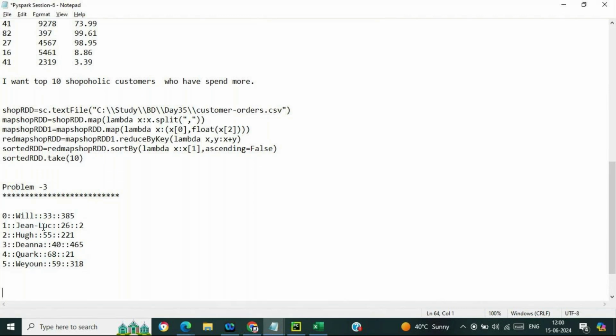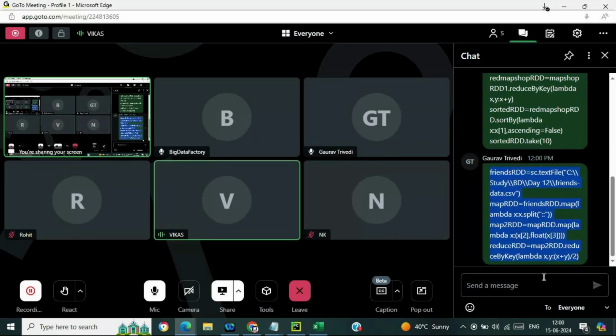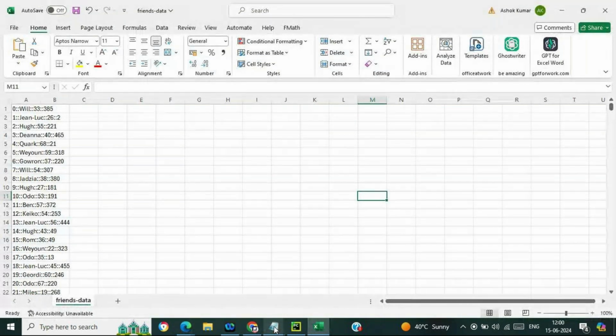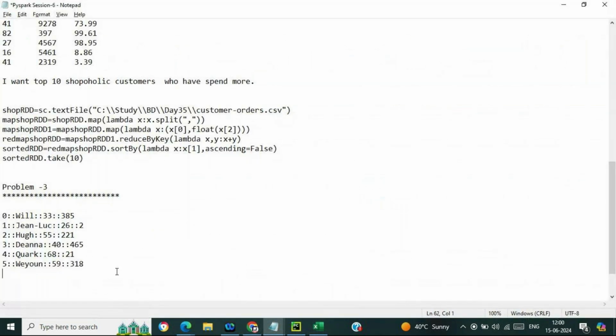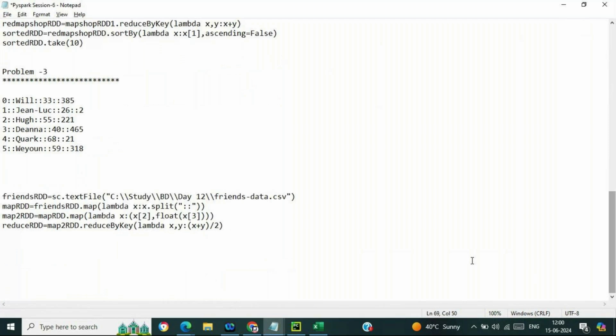I have shared the code. Let me paste it over here. No, it will not work. Are you not able to get the outcome? We need to apply the average function.